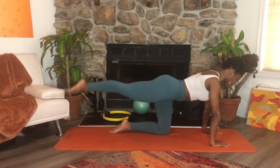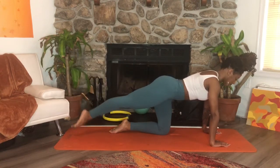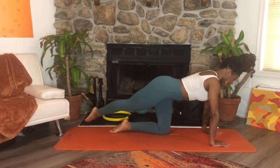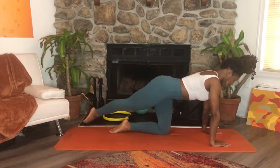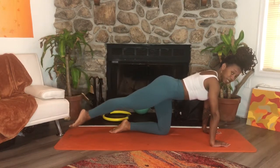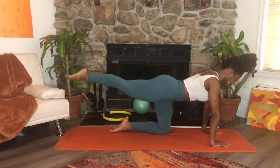Let's take it through 3 more. And we lift lower for 3. Last 2. And lift for 2. Here's our last one. And 1. After we tap the ground, take it back up, draw that leg in for 6, and lengthen for